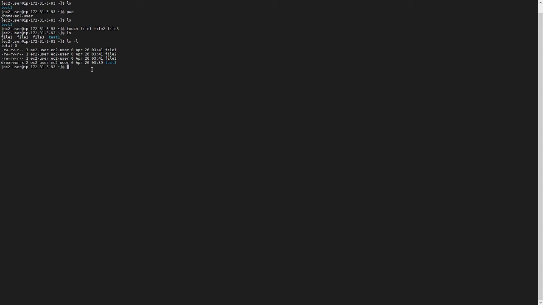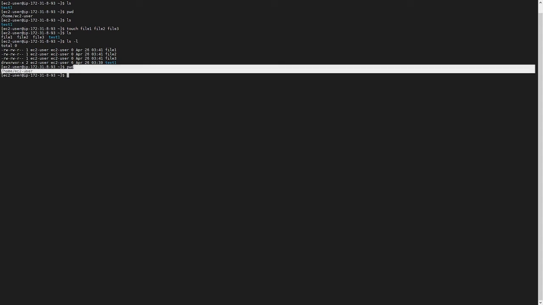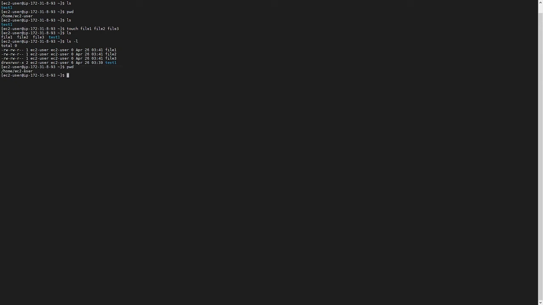So sometimes when you're doing this, you get lost and you don't know where you're at. Because of that, sometimes you want to move around and you want to know where you're at. So in this case, what we could do is say print working directory. This is telling me that my current directory is currently home ec2-user. So for example, if I were to change my directory to test1,